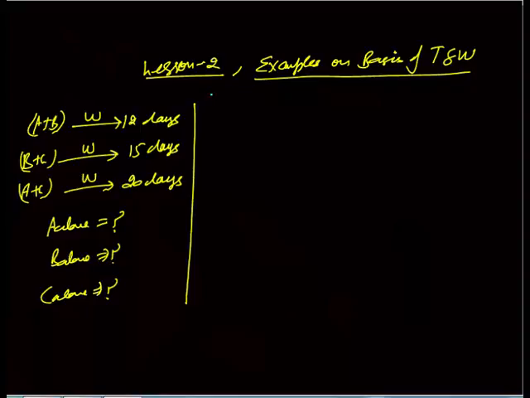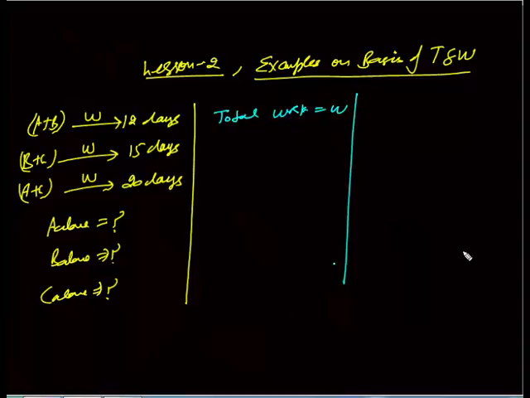Again, we can assume the total work as W. Now what should be the value of W? As per the question, A and B are doing W units of work in 12 days. So in one day A and B will do W by 12. Same way B and C, one day work would be W by 15. A and C, one day work would be W by 20. I am not writing it because in the exam you don't have to write W by 12, W by 15, W by 20. You just have to directly solve the question.